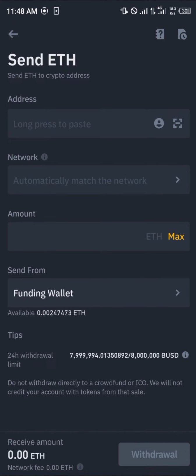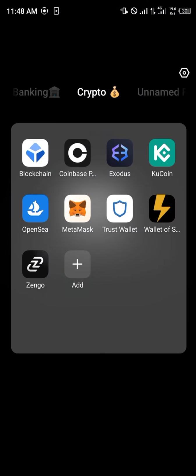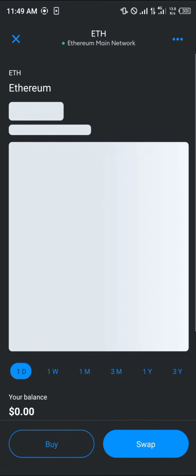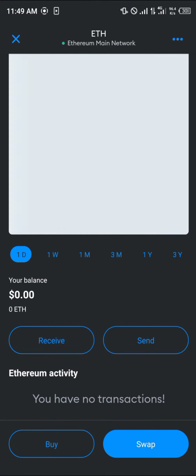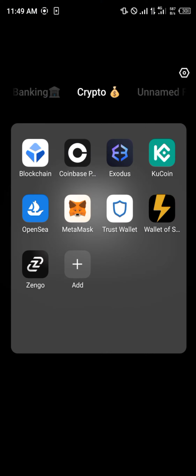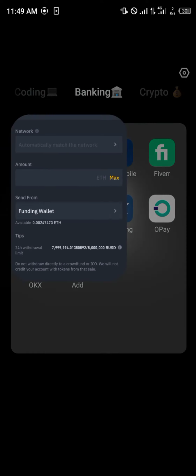Now, one thing you need to note is the minimum amount to withdraw on Ethereum, and you can get that by simply providing the receiving address, which is on Metamask. So click on Metamask, select Ethereum, scroll down and click on receive. Once you've selected the receive option, click on copy and copy your wallet address, minimize and open up Binance and